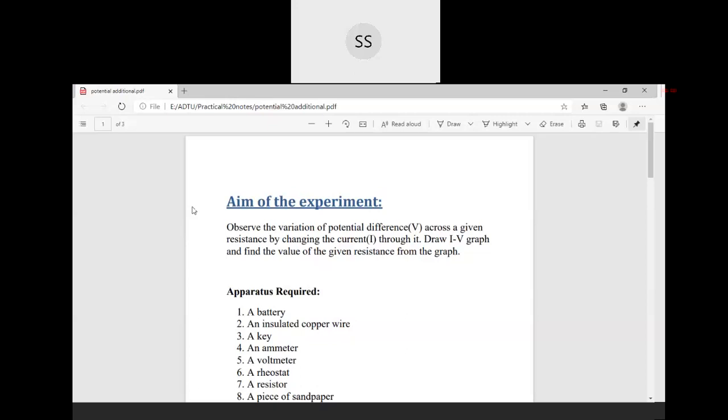So these are three things we need to know about before we start this experiment. And no need to worry, I will describe these three topics briefly in the current electricity chapter in our theory. Okay, so